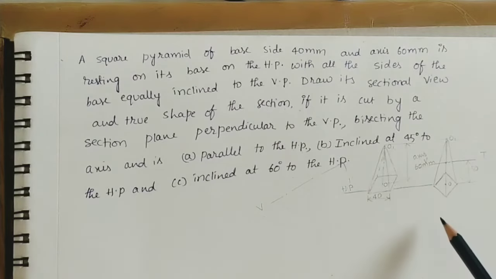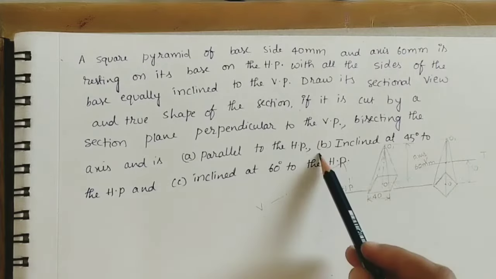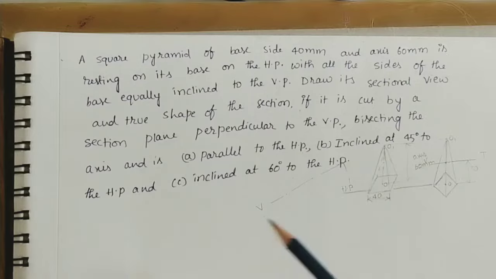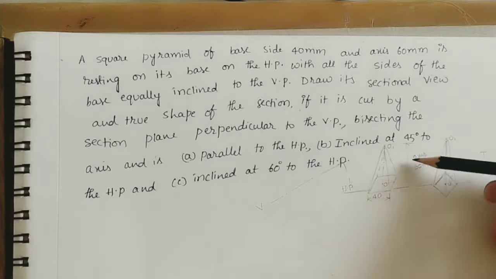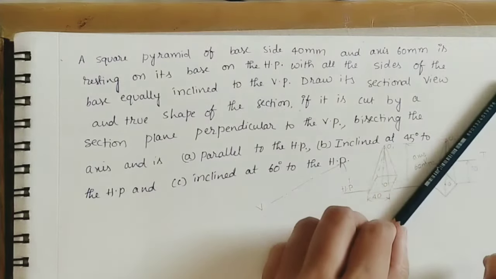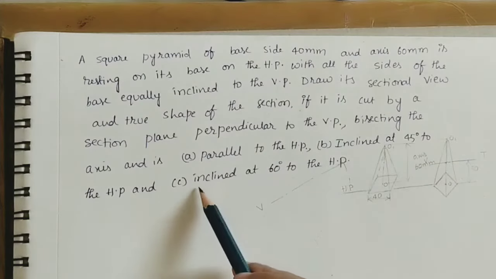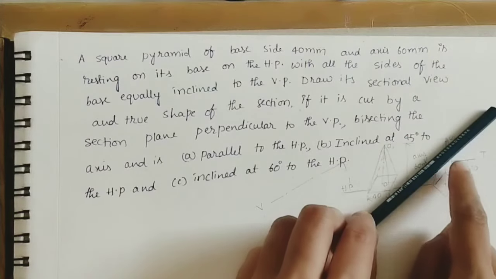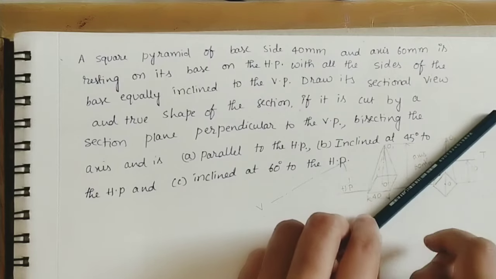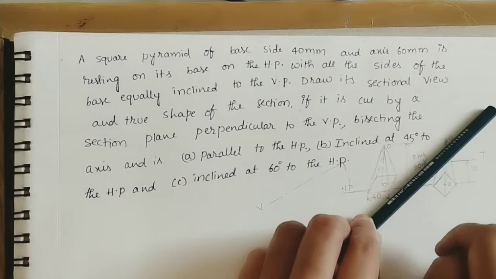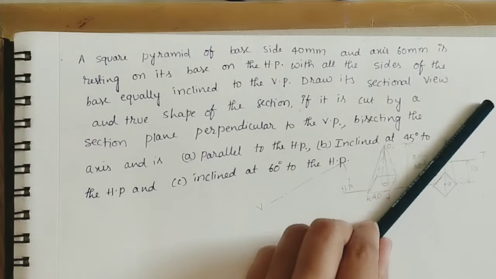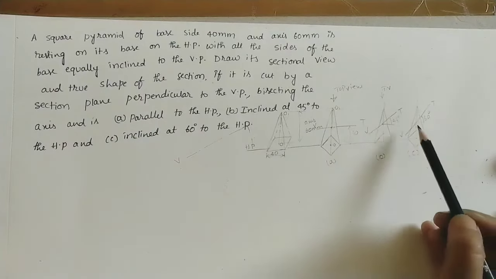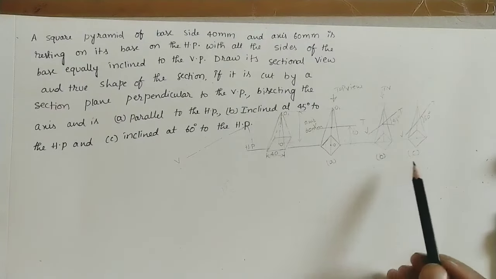In the first bit, the cutting plane is parallel to the horizontal plane. Next, at the same middle point, the cutting plane is inclined at 45 degrees to HP. So this is the second bit. Instead of parallel, it is tilting 45 degrees at this point. And next, in the C bit, the cutting plane is inclined at 60 degrees to HP. It passes through the same middle point, and it is tilting 60 degrees. So in the second bit it is tilting 45 degrees, and in the third bit it is tilting 60 degrees. So we have to do 3 diagrams. These are the positions of the cutting plane in the 3 bits: A bit, B bit, C bit.